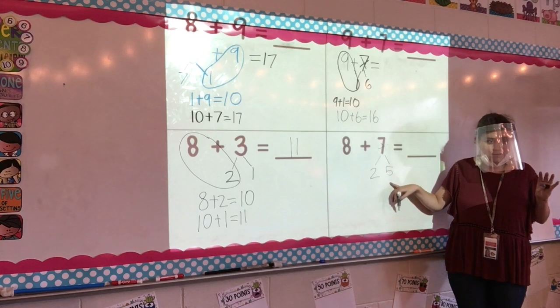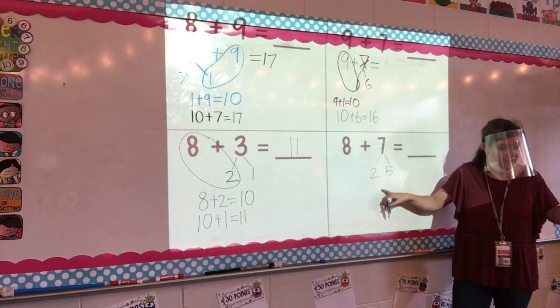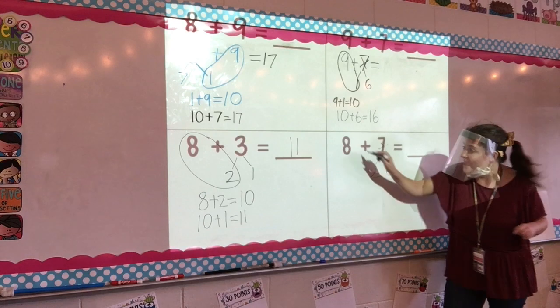Let's finish up this problem. Just the 8 and the 2. I had the 8 and the 2. Why am I doing